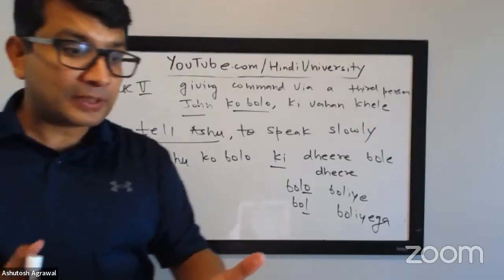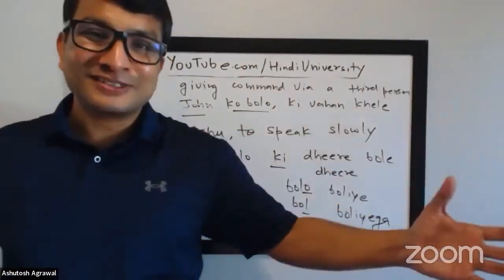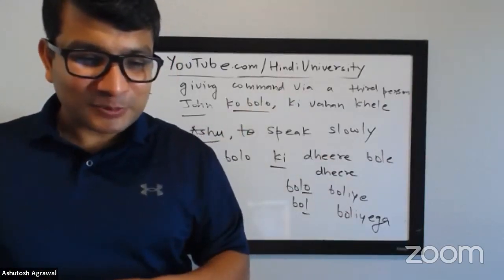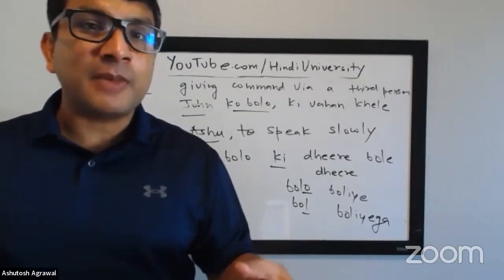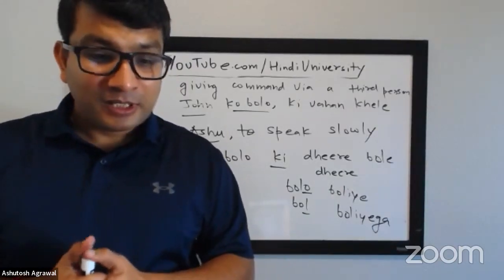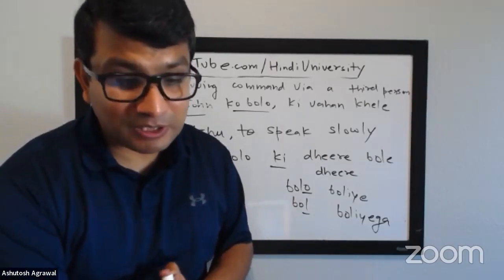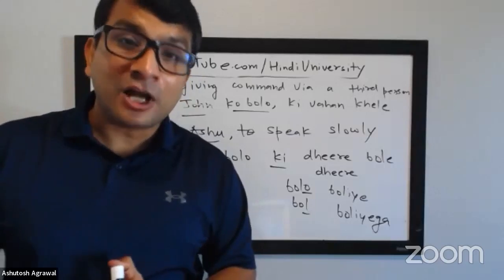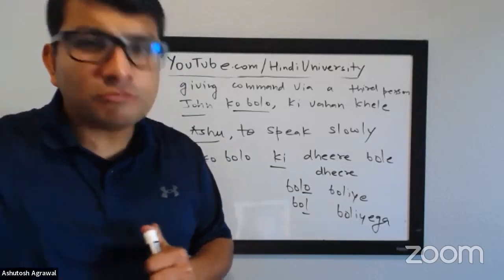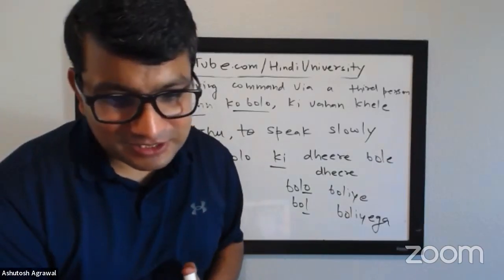Here's an example. The principal of a school, and there are many classes. The principal cannot go and make an announcement for each class. So she can give a command to, let's say, a teacher, the head teacher of a particular class. Class number 4 को बोलो, तुम्हारी क्लास और आपकी क्लास को बोलो कि शोर ना मचाए. So she is giving a command, but through a teacher, not directly. Yes, Anita ji.